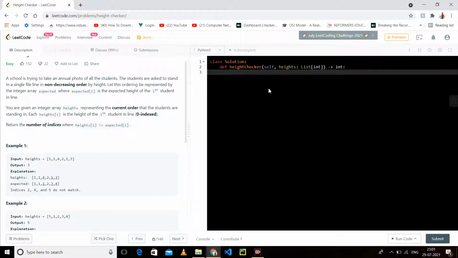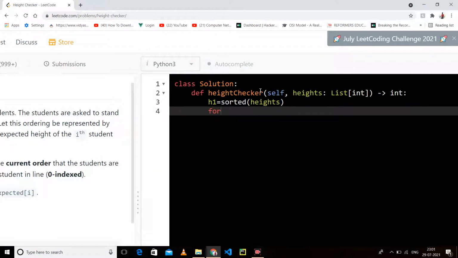So what we will do is solve it and compare both of them. So let's begin. Let's take one more array, that is the sorted height, and loop over the length of h.